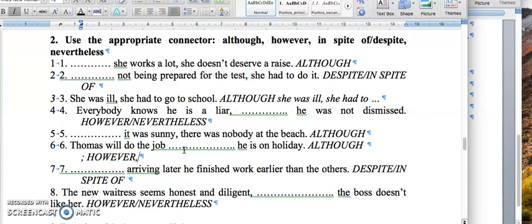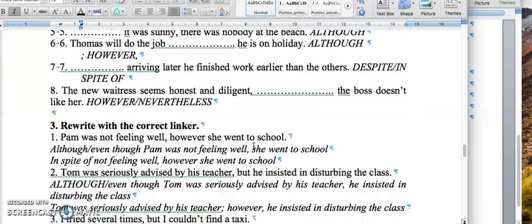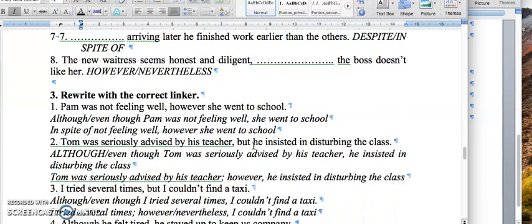If you have any problem, please let me know, ok? Si no entendéis por qué he puesto esto, es decir, cuando viene although se puede poner although o even though, cuando viene however se puede poner nevertheless, ¿vale? Siempre. Okay, let's continue. So in these sentences, what you have to do is just to rewrite the sentences having